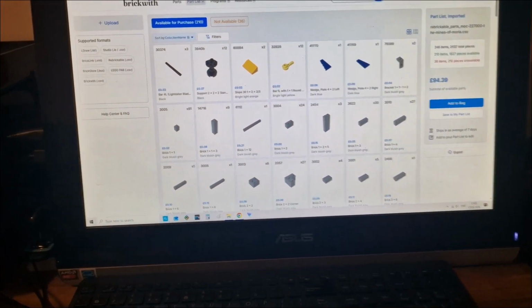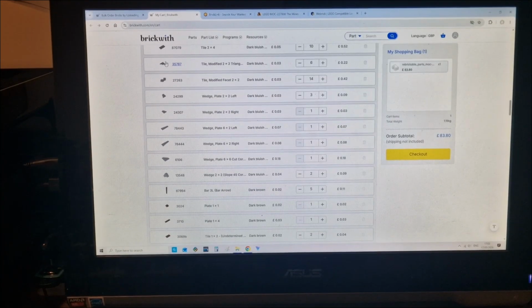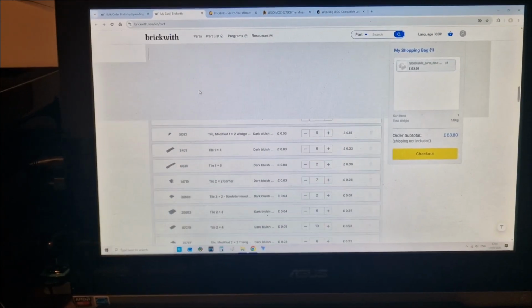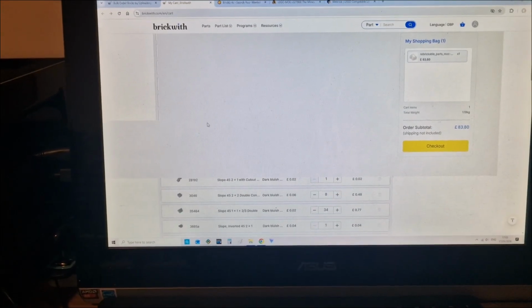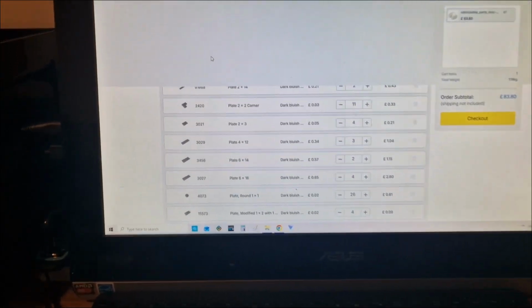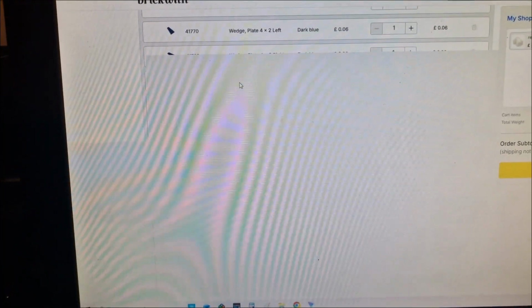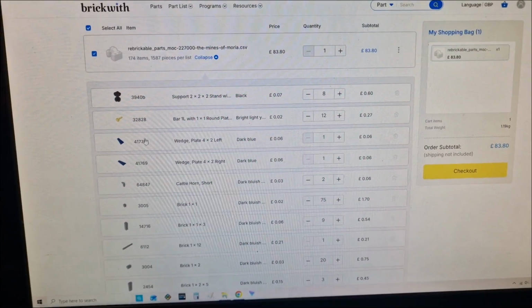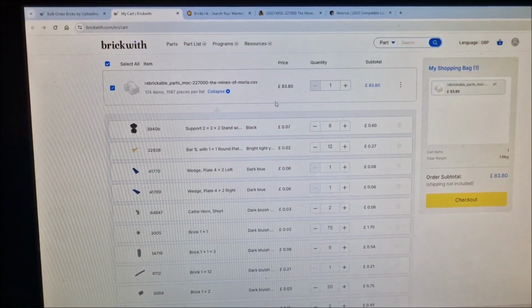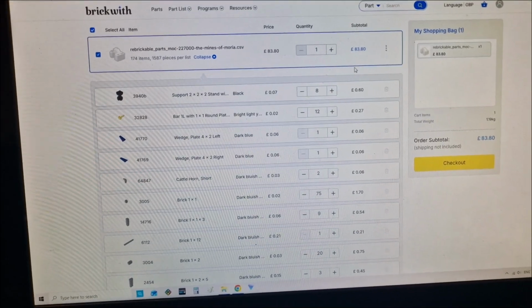So once you do that, it then takes you to your cart page and basically lists it off in exactly the same way that Bricklink lists it, which makes it a lot easier. This is a bit slow loading because it's a very long list. So basically,